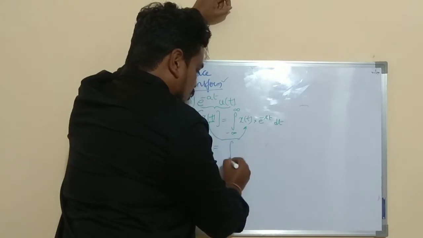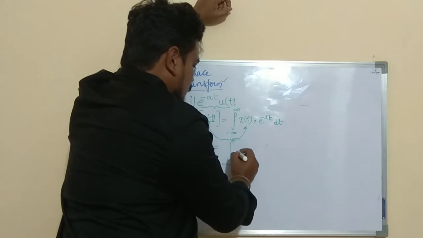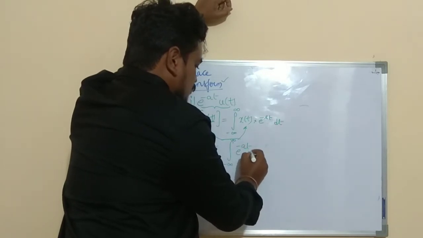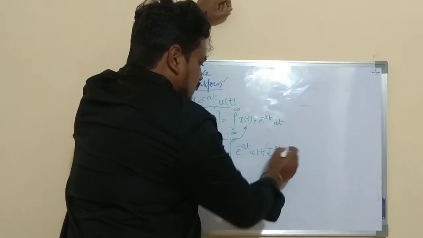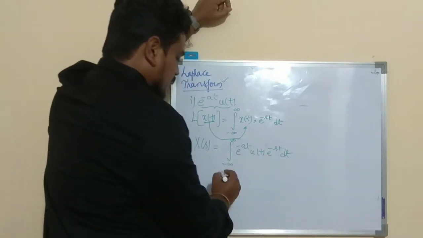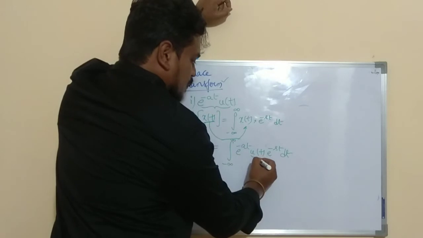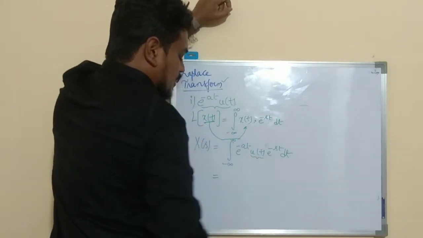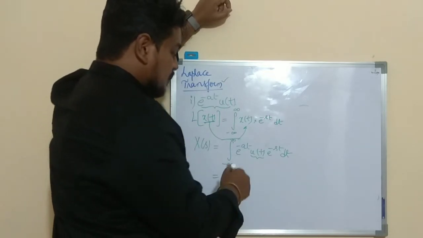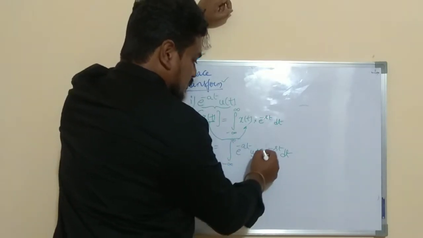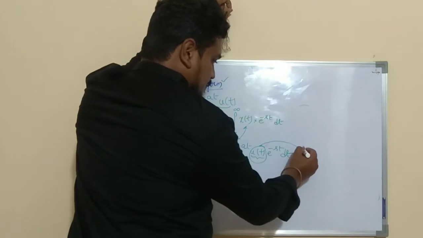So substitute this x of t here. So x of t is what? Integral minus infinity to infinity. What is x of t? E power minus at into u of t into e power minus st into dt, right? So write it like that. Now since you have this u of t, you are supposed to change these limits, rewrite these limits. What are these limits? It should be running from, since u of t is running from,